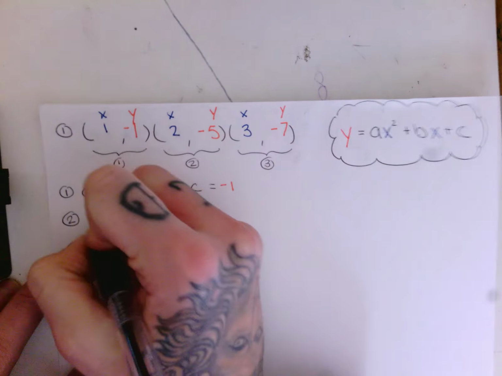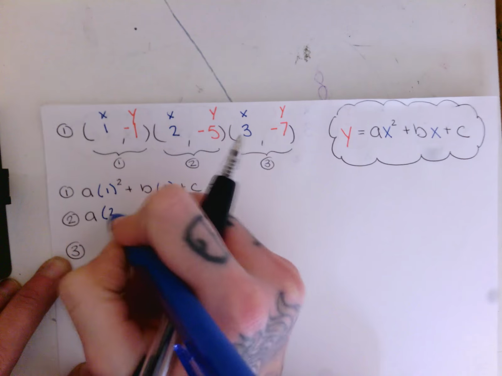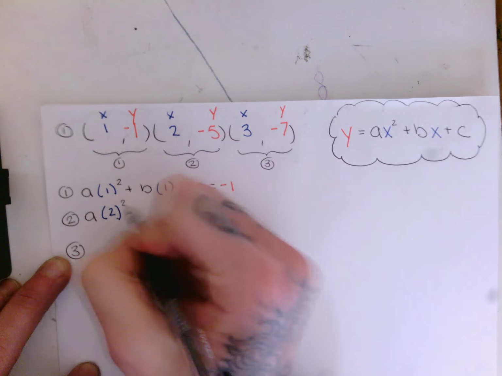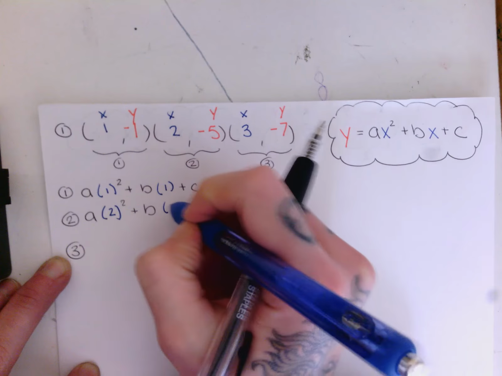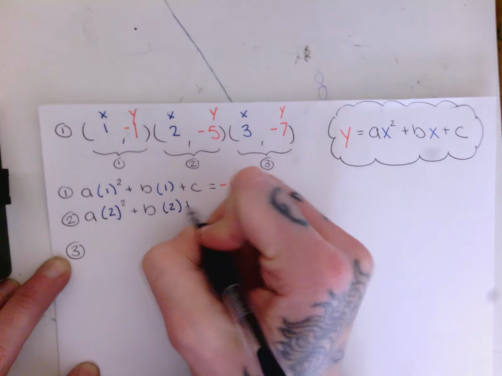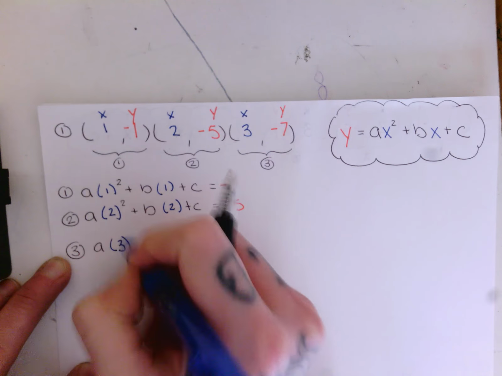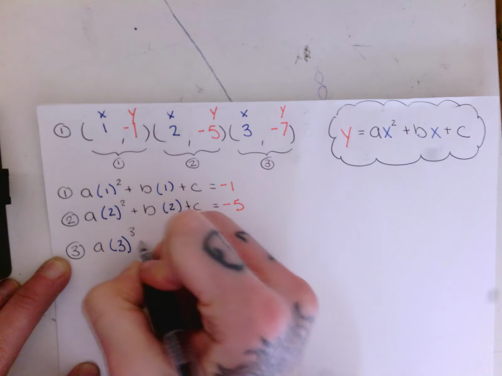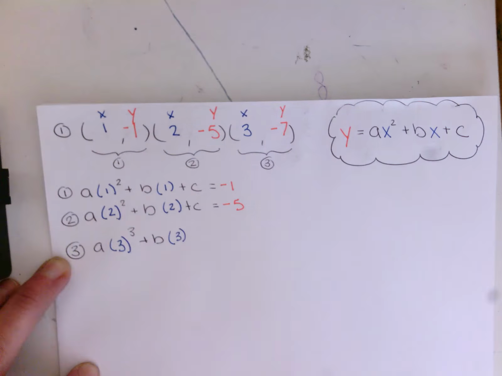And then I will have a, and I will use the x from the second point, squared plus b x from the second point plus c equals the y from the second point. And lastly, the equation using x from point 3 and using y